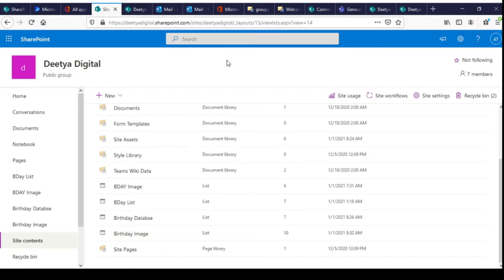The important point to note here is the naming convention of the image. We are creating a record one, and the attachment should match.